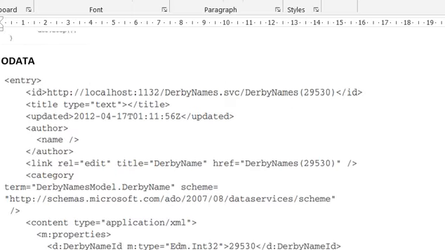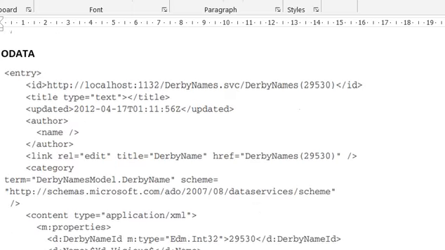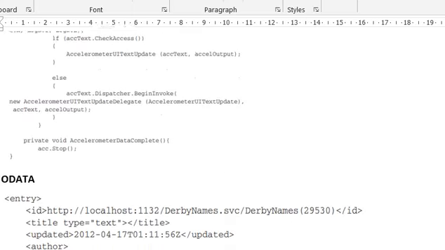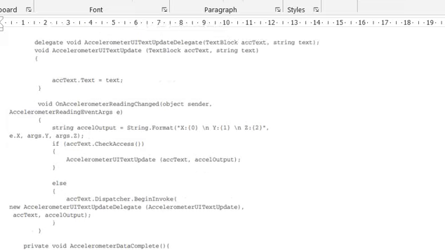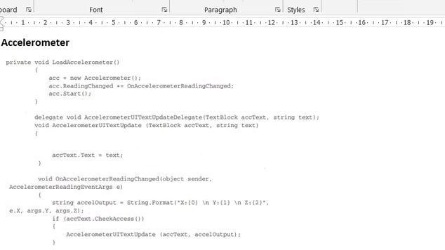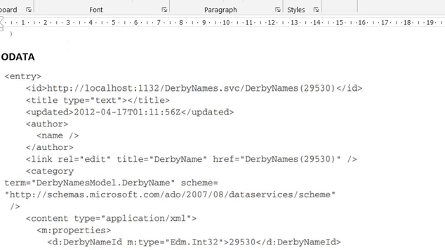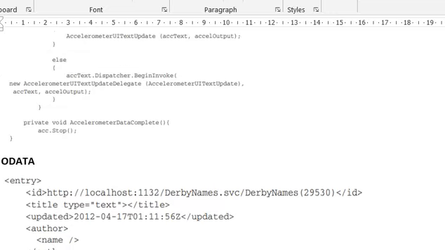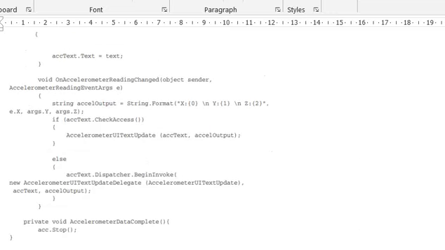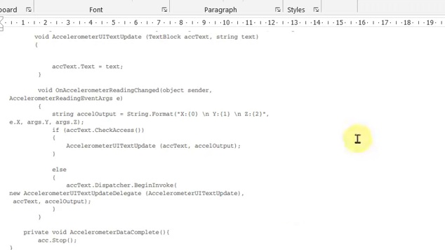The accelerometer is an additional function in Windows Phone 7 that is used to track any movement that has happened. We also require the delegate. For what purpose? If you want to display data or any important information, you need to transfer that content, or send control, to the user interface thread. That is the task done by the delegate.